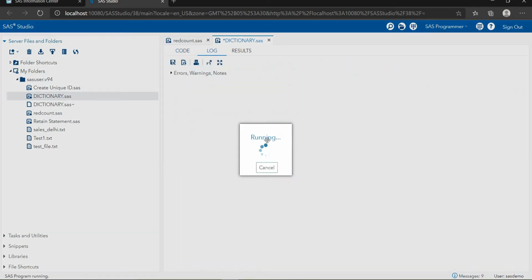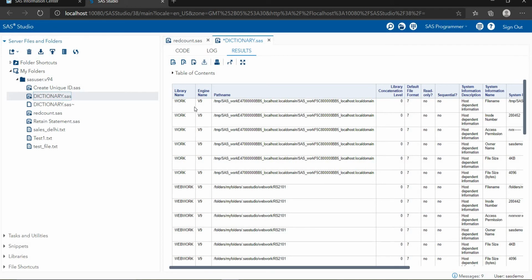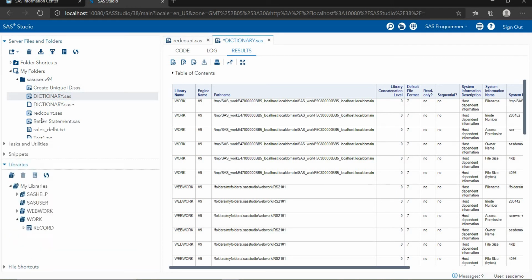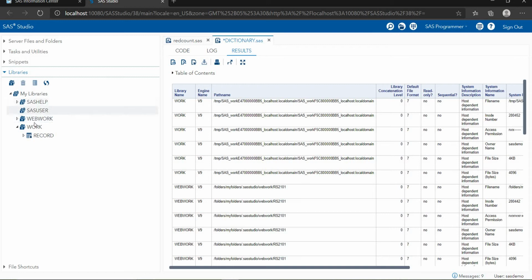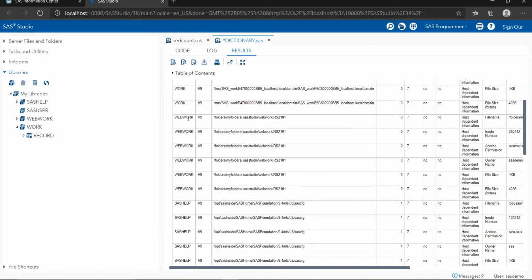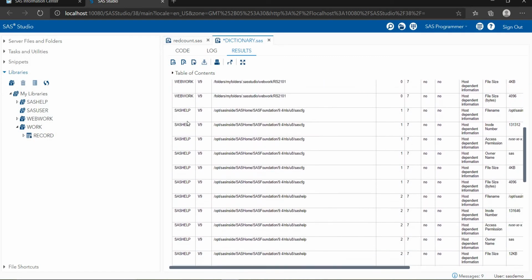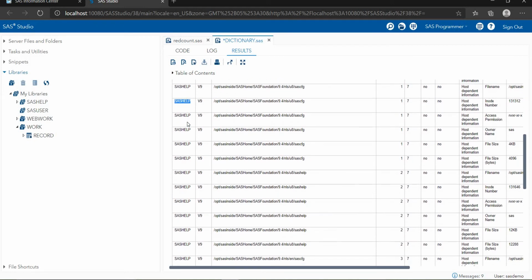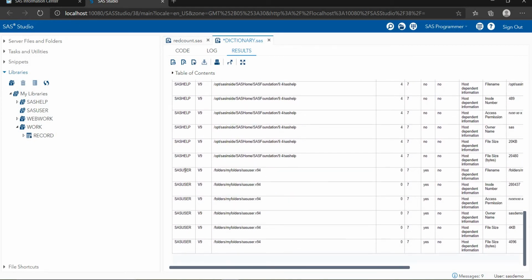Now if I run this code, see here we have all the library information. How many libraries do we have? We have SASHELP, SASUSER, WEBWORK and WORK. This is my work library, this is my webwork library. Next we have the SASHELP library, then we have the SASUSER library.